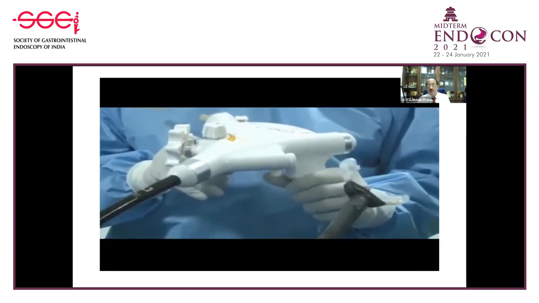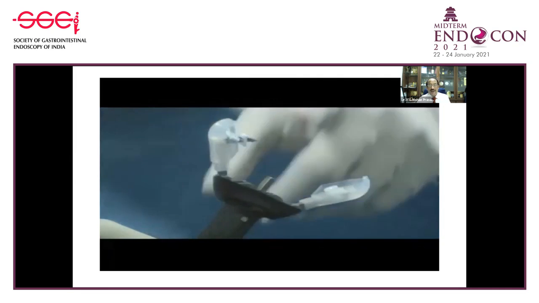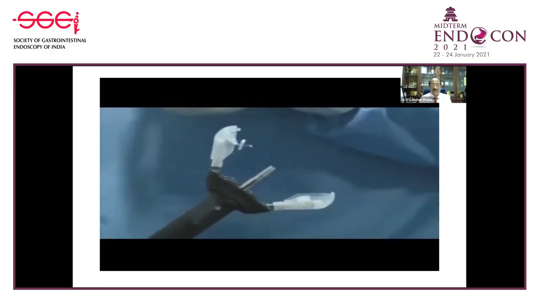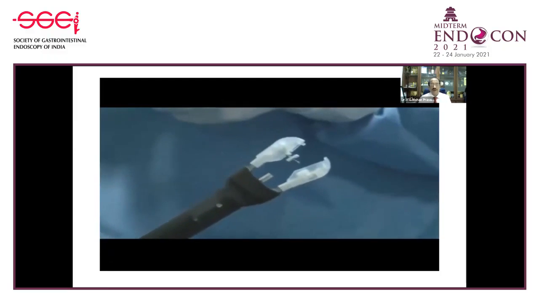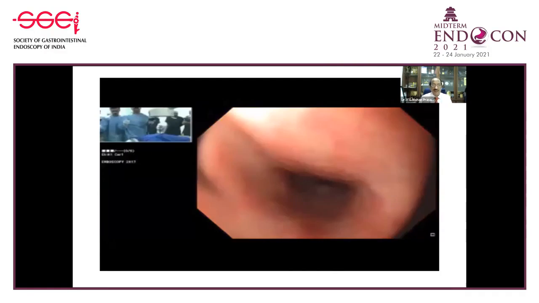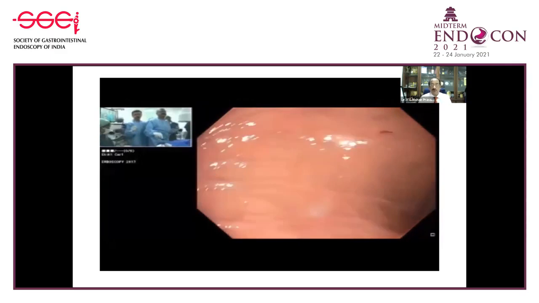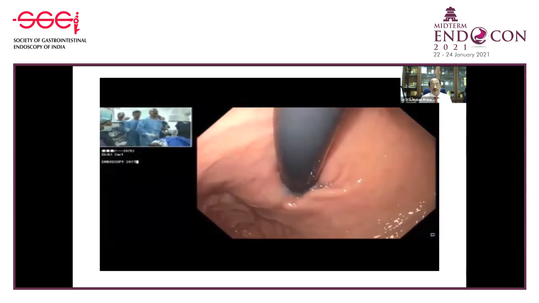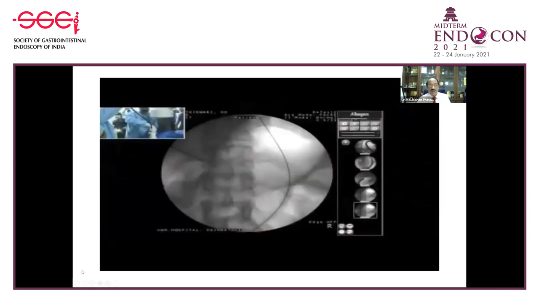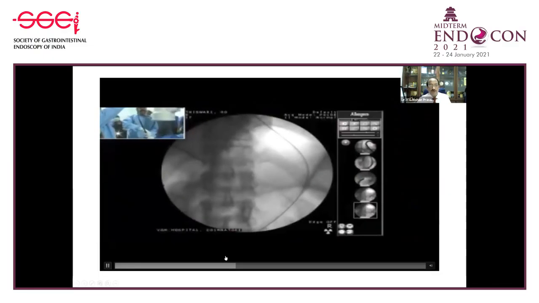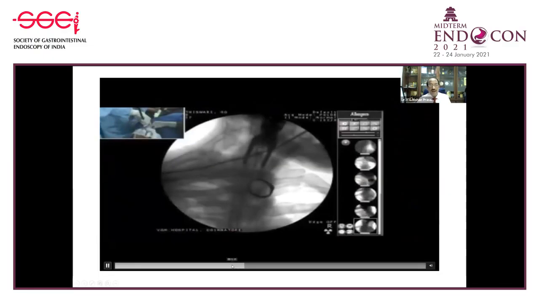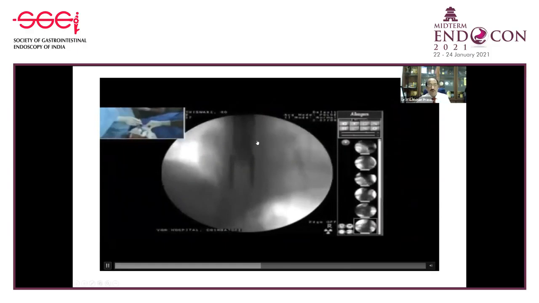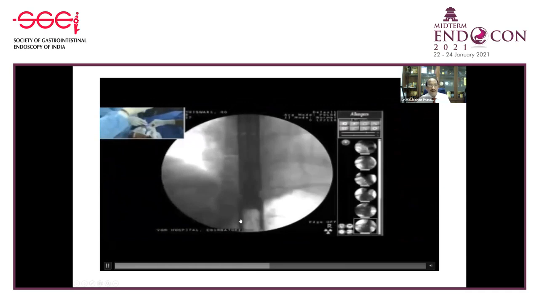So this is how it opens, the jaws open, and then the spiral screw comes out, and then you attach it and draw the tissue towards the device, and then the device closes, and then we apply the plate jet. So this is you pass the device and retrovert, get into a J maneuver, and then you just check under fluoroscopy whether things are okay, and then you pass the device. The device is a very thick device, so under fluoroscopic control you have to pass it in, because it has to